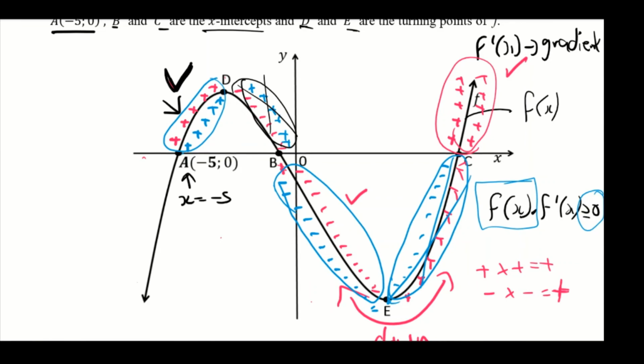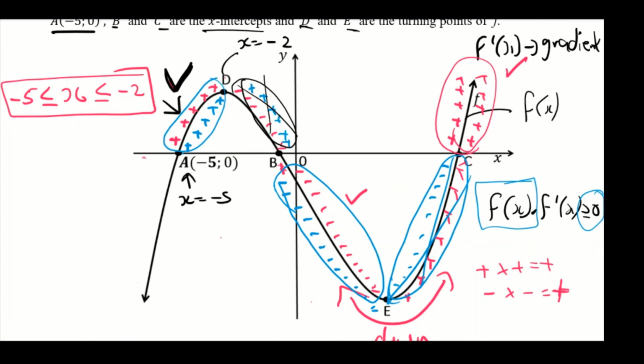You know the x value of D, it's x equals minus 2, right? So you can say x must lie between minus 5 and minus 2. So this first solution of x would be correct. And then if you look at another one, which is this point here where I ticked, x at B is equals to minus 1 over 2, right? And then at E, x is equals to